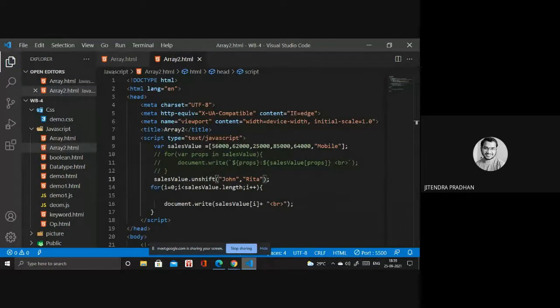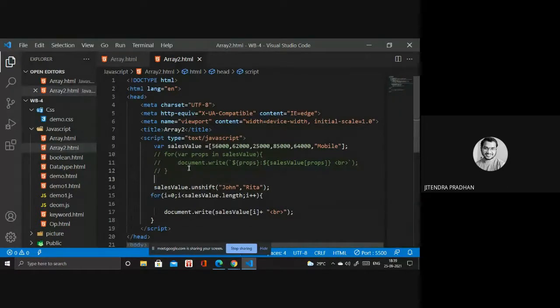Because if I give you an array, it's only sales values: 56000, 62000, 25000, 85000, 64000, and mobile. We have only six values inside that. When I use push, the value goes to the last part. When I print, if I use unshift, it adds the value at the first.